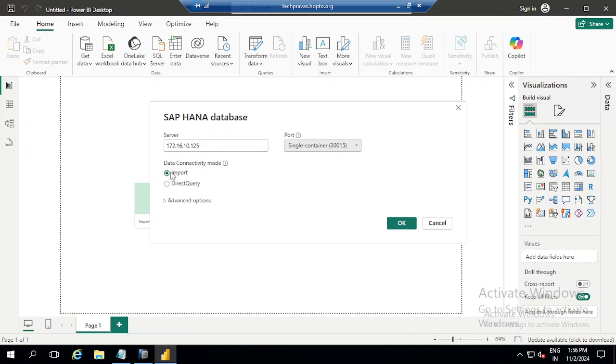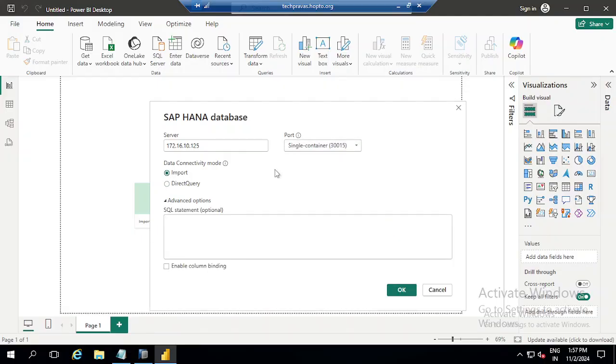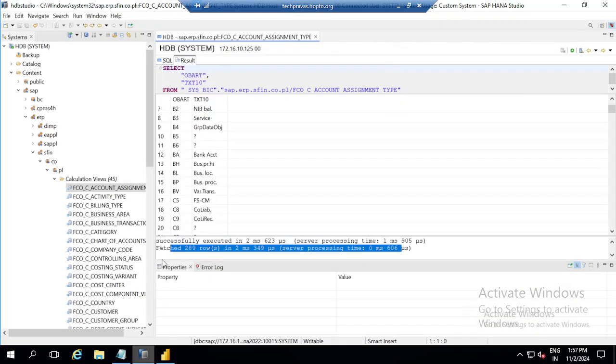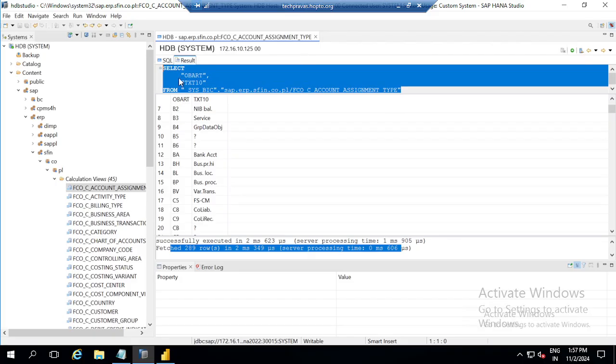And then there are these two options, import and direct query. Direct query has some limitations. We'll go for import, which would typically import all the data from your SAP HANA database. Now for this demo purpose, I'm going to fire the same query which I executed in HANA Studio, which was this query. Yeah, this one. So I'll just copy this HANA Studio query,